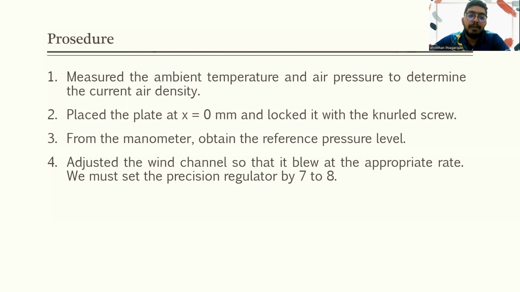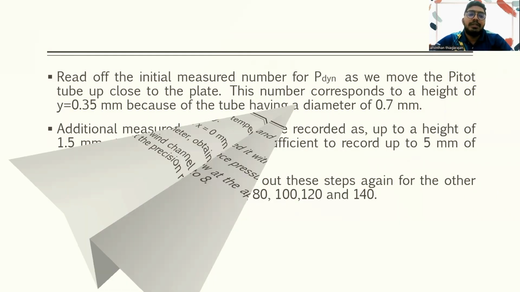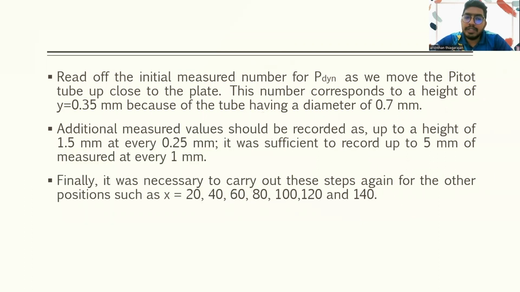Next, from the manometer, we have to obtain the reference pressure variable. After that, we have to adjust the wind channel so that it will blow at the appropriate rate. We must set the precision regulator to 7 to 8. Next is to read the initial measurement number for dynamic pressure as we move the pickup tube up